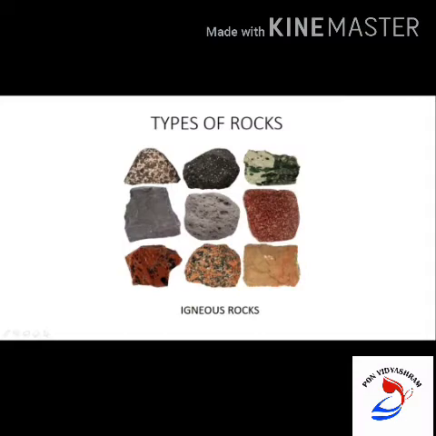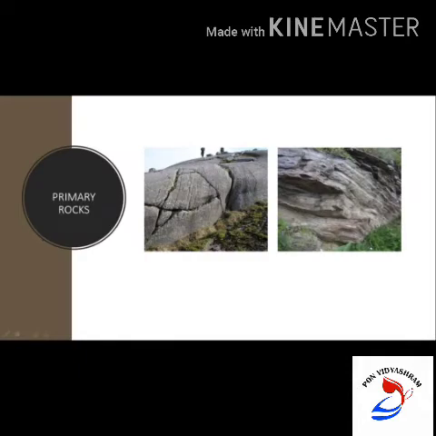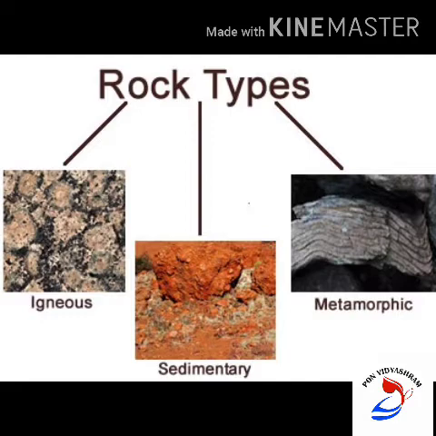Igneous rocks. The word igneous has been derived from the Latin word ignis, meaning fire. The igneous rocks are associated with volcanic eruptions. They are formed when magma cools down and solidifies. These rocks were the first to be formed and thus are also known as primary rocks. Igneous rocks are of two types, the intrusive igneous rocks and extrusive igneous rocks.